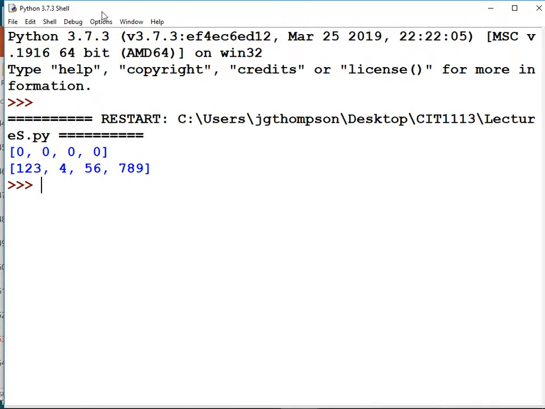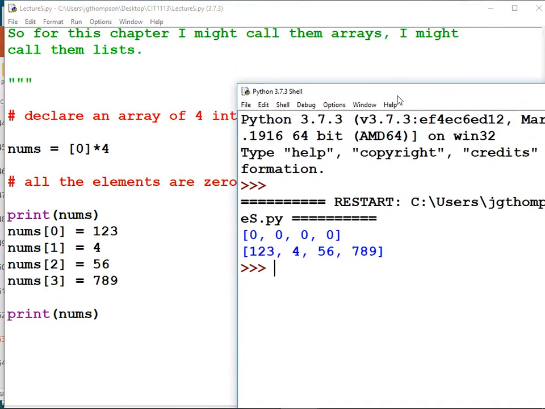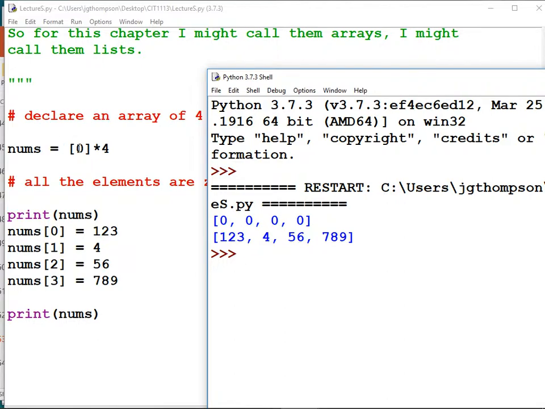All right, and so before we started filling in the data, it was all zeros. If we wanted it all filled in with -1s, we could change that 0 to a -1. And when we printed it out, it'd say -1, -1, -1, -1. Then we changed the values. First value became 123. The last value became a 7, 8, 9. Now that's changing the values piece by piece, element by element. We may want to set them as we create it.